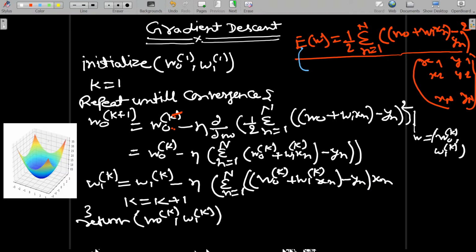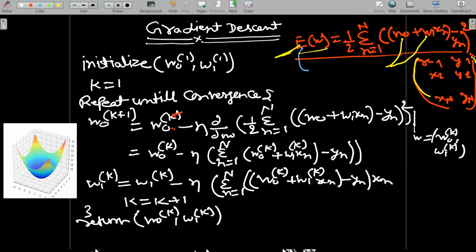So you can see this particular graph, and this is the error function, and our intention here is that we have to find out this W0 and W1, optimal W0 and W1, which minimizes our error, and that W0 W1 will be our linear regression model to predict our sales. And these data points are given to us, x1 y1, x2 y2 and xn yn. This is the historic data given to us already.